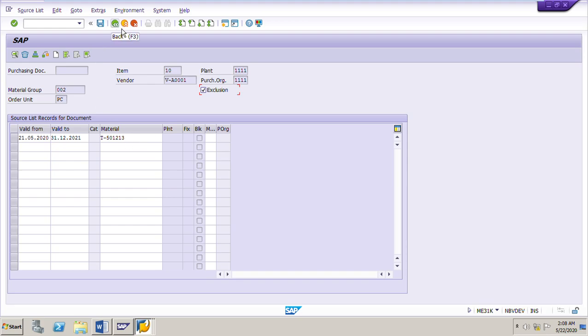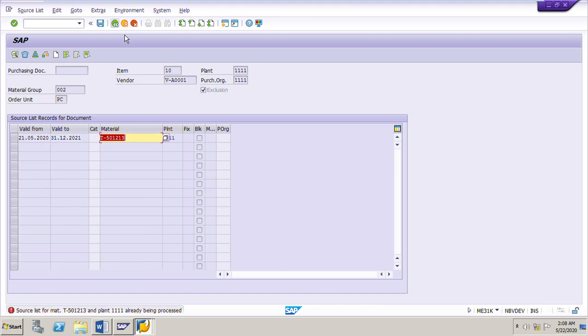What you need to do is, from the menu bar, go to item, maintain source list, then put the validity period, input the material number, and make sure that this exclusion checkbox is selected, and go back. Here we have to put a material which belongs to this material group only.